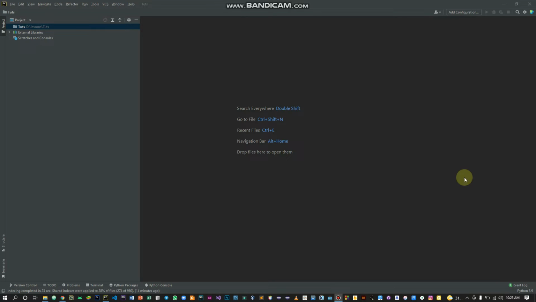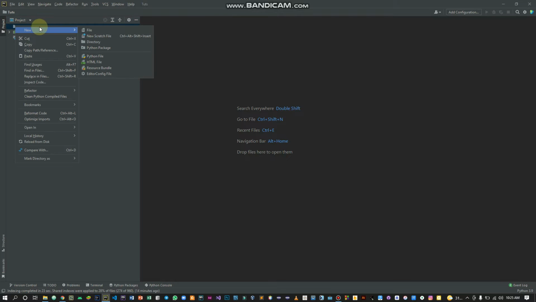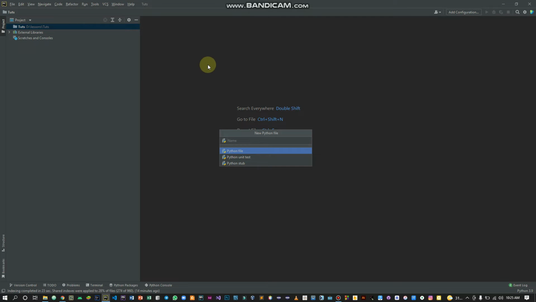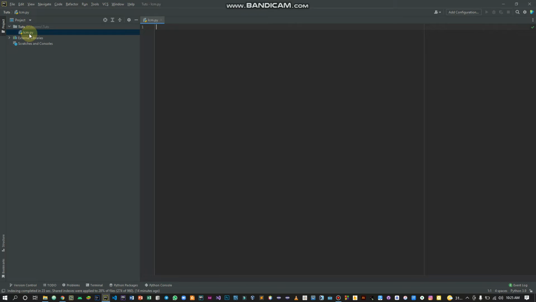So I've opened this project and I call it tooth, and there is no file. So let me go ahead and create a Python file. I'll call it LCM just like that. If you are using something like Sublime Text or Visual Studio Code, you need to add .py. But for me, I'm using PyCharm, which adds .py. Do well to do that so that the Python interpreter will treat it as a Python file